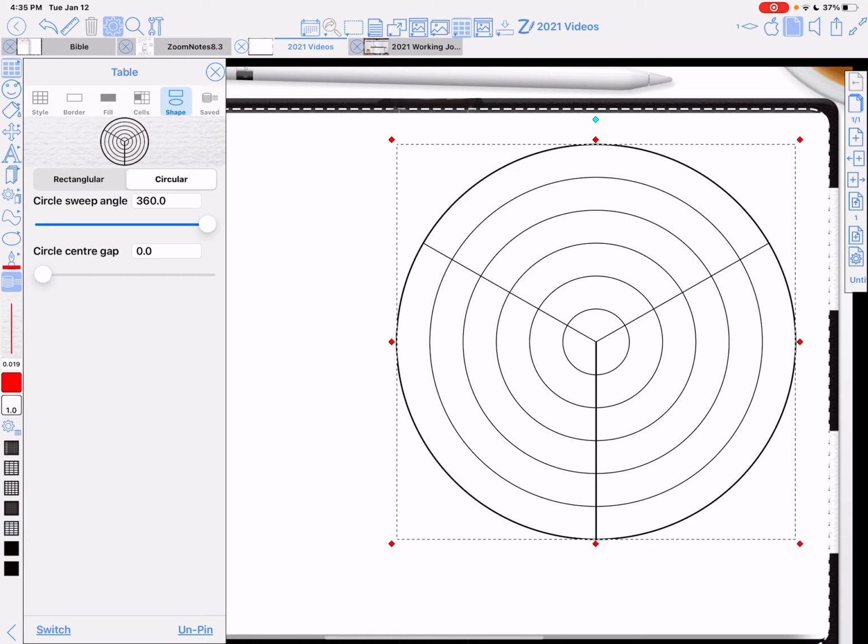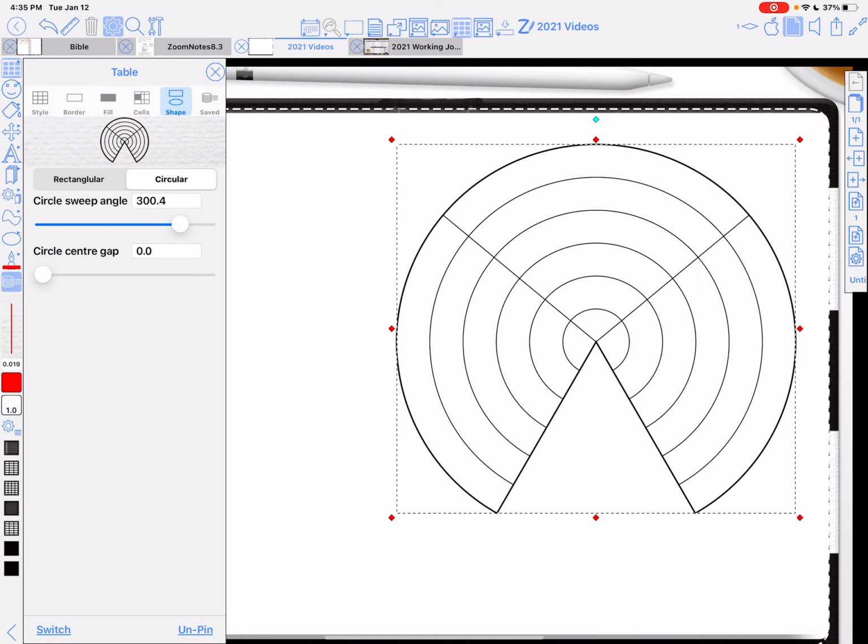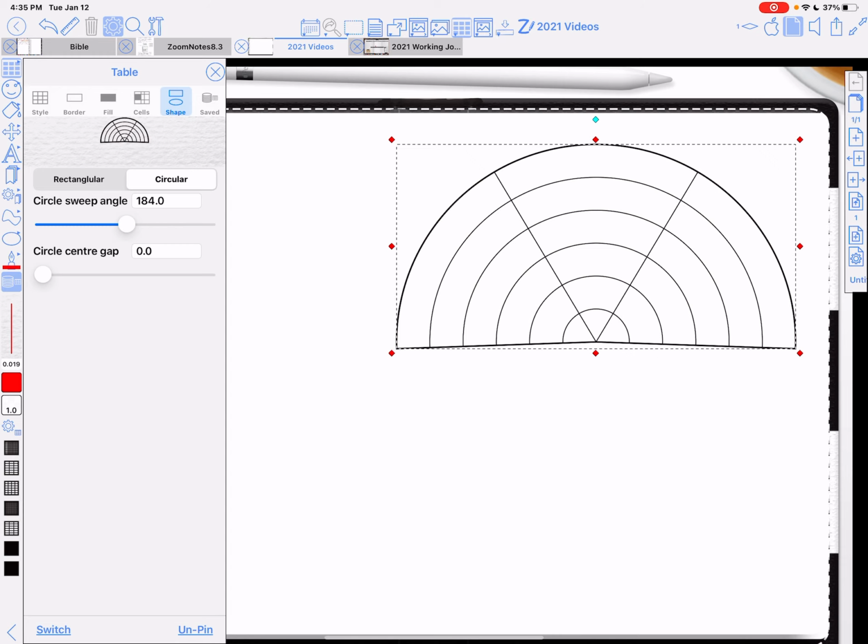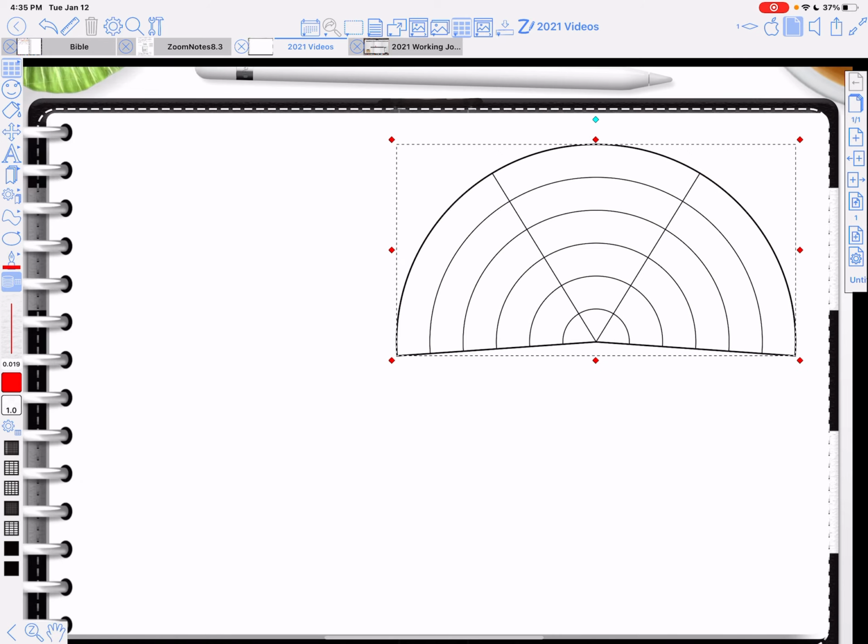It's just two other options here on this screen that are different from everything else. The first one is the circle sweep angle. If you drag to the left, it opens that up so that you can have tables that,